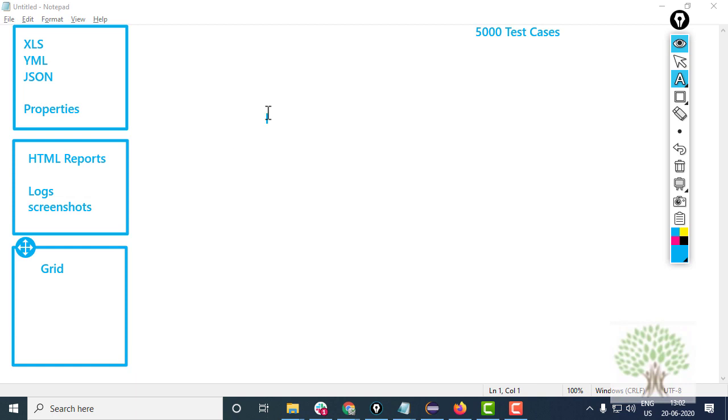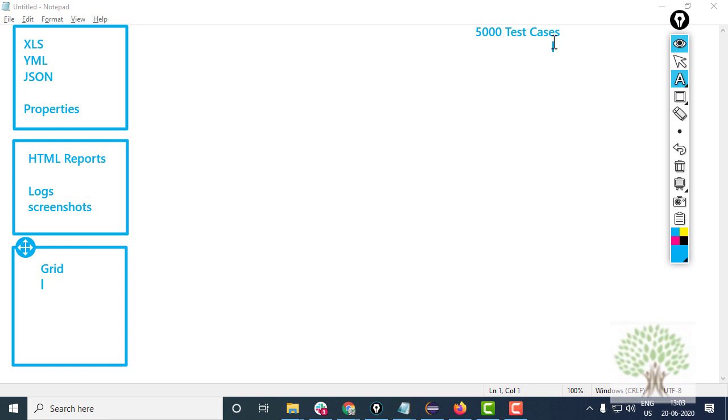At times, you automate and you build the complete project, and when the client tells you that fine, run it on Grid, you are really confused that how do I now run it on Grid, because the project from the initial phase has not been made in such a way that it can be executed on Grid. So you have to take care of a lot of things when you are making the project. Okay, now